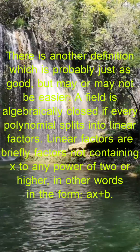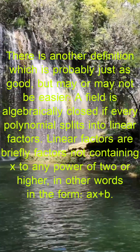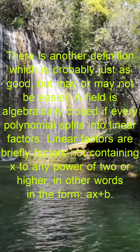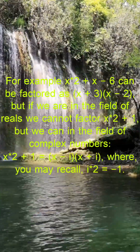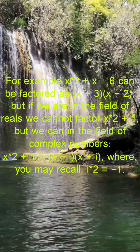There is another definition which is probably just as good, but may or may not be easier. A field is algebraically closed if every polynomial splits into linear factors. Linear factors are briefly factors not containing x to any power of 2 or higher, in other words in the form x + b. For example, x^2 + x - 6 can be factored as (x + 3)(x - 2). But if we are in the field of real